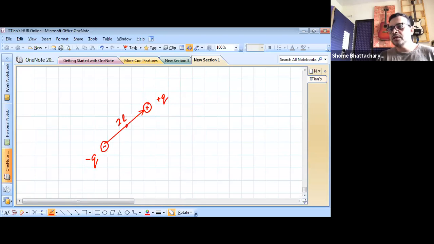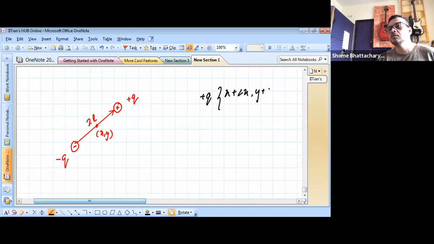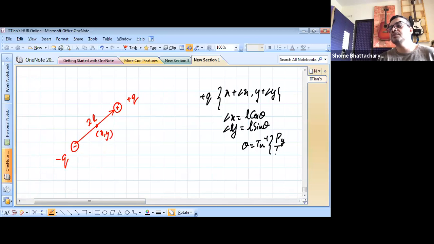So this point's coordinates are some x comma y. Okay. So what is the coordinate of the positive charge? The positive charge is located at x plus some delta x and y plus delta y, where delta x is your L cos theta kind of term and delta y is your L sin theta kind of term, where that theta is tan inverse of y component divided by x component of your dipole moment vector,